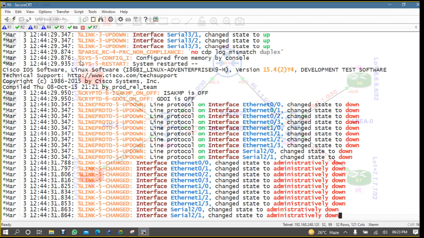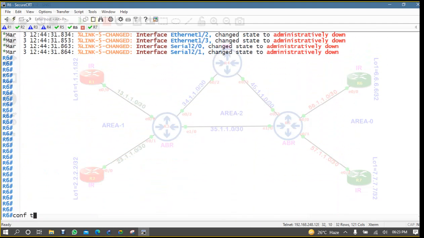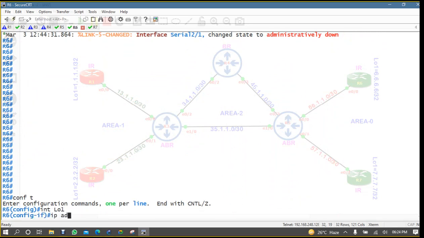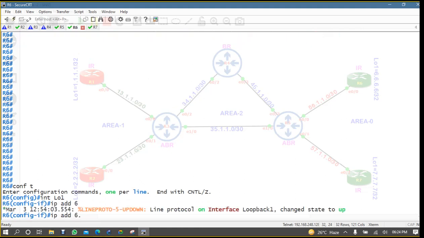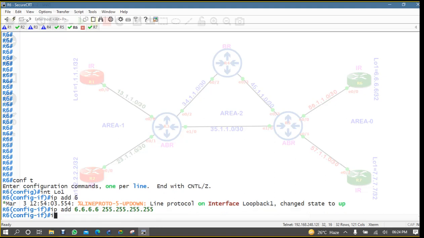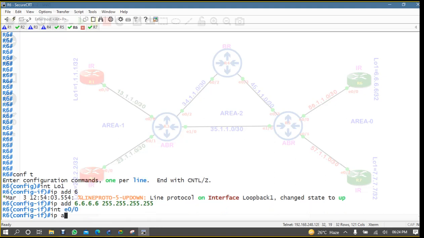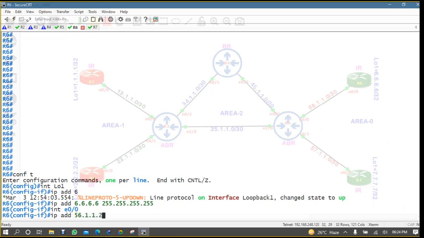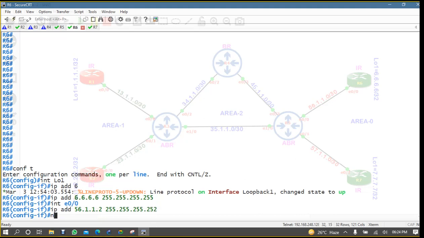Now R6: conf t, interface loopback 1, IP address 6.6.6.6. Then interface E0/0, IP address 56.1.1.2, because 56.1.1.1 we have assigned on R5, right? Yes. Then no shut,